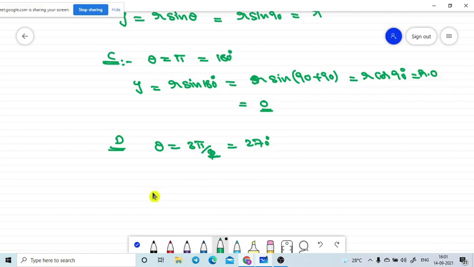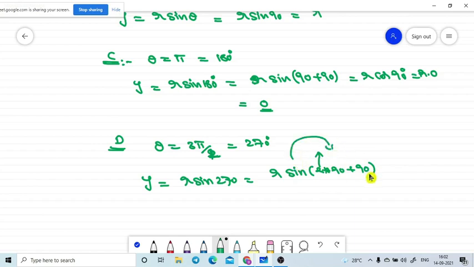270 degrees. Then y is equal to r sine 270 degrees. What is the formula? R into sine of 2 into 90 plus 90. This is the formula. If it is an even number, the same sine theta will come, with the sine 90 will come. We need to check whether this angle is in the first quadrant or second or third quadrant. It is the third quadrant. In the third quadrant sine is not positive, so we will get minus r sine of 90 degrees. Sine 90 degrees is equal to 1, so we get r into 1, that is equal to r value.